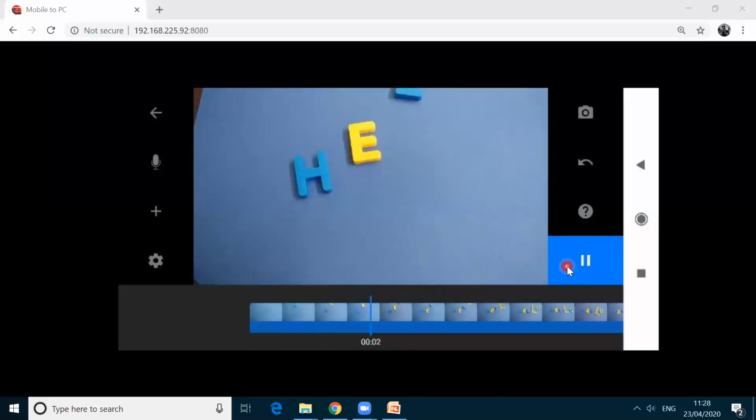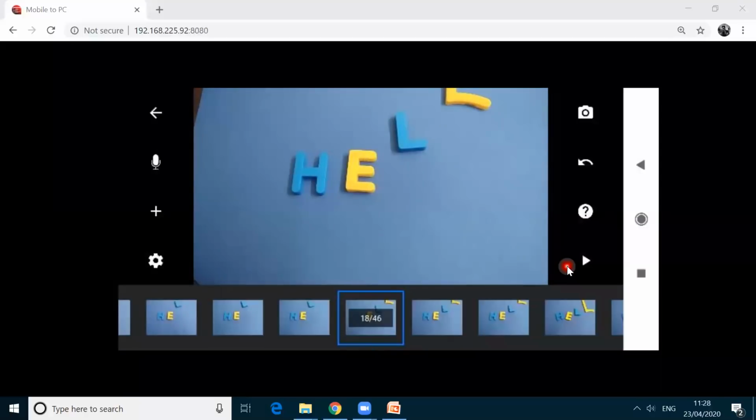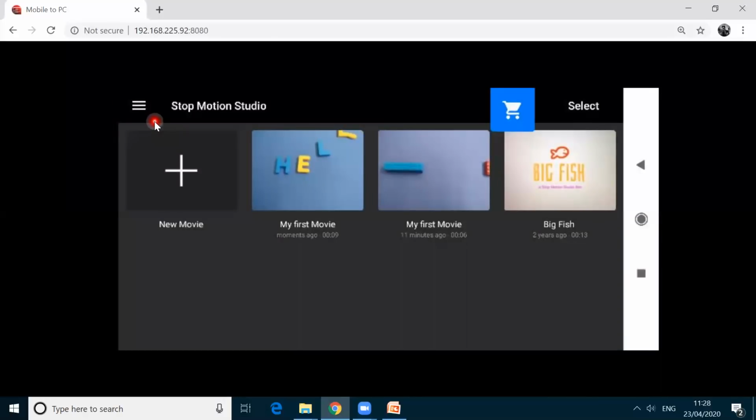Now I am going to press this pause again. And then I am going back. To go back, there is an option, back button. I am pressing this. See, my movie is automatically saved here.